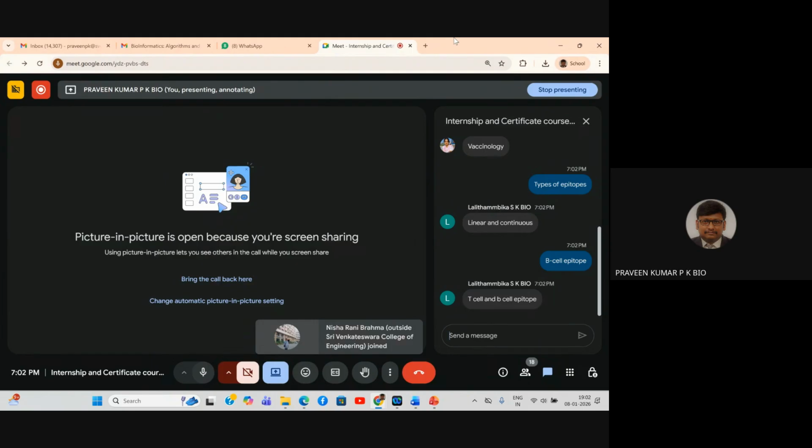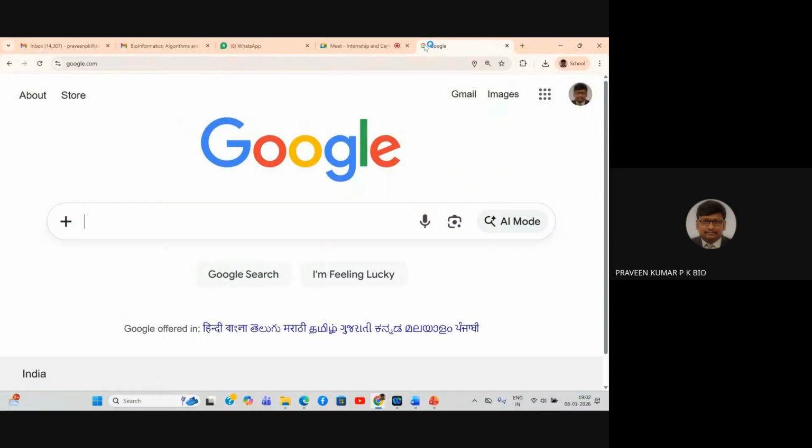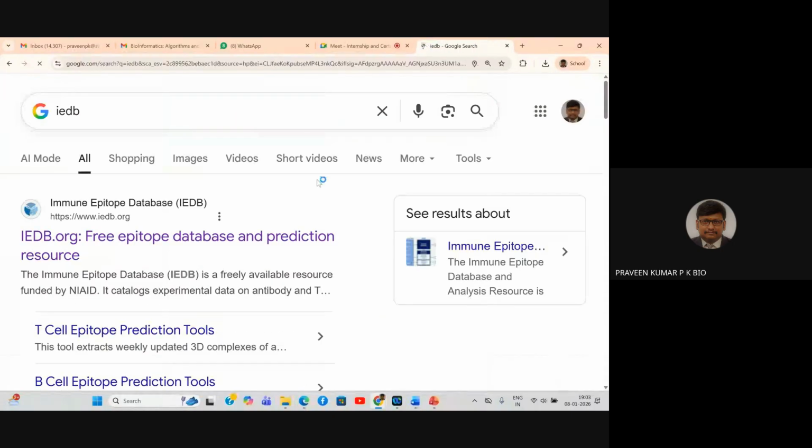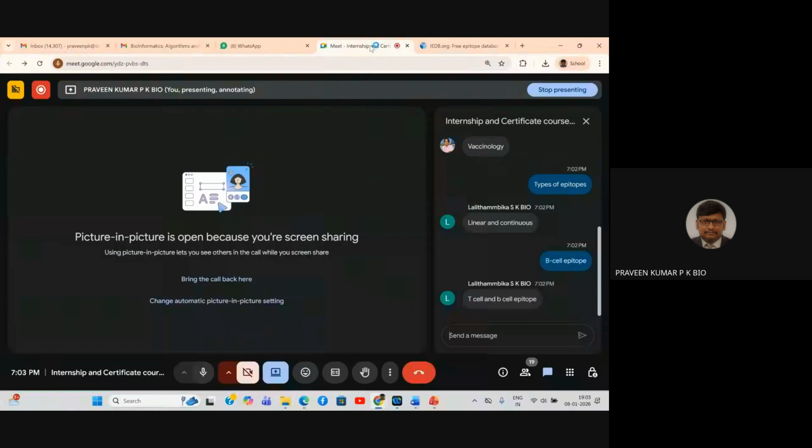Now let me go ahead with today's session topics because still we have a lot of contents to see. So today I'll be taking you directly to the website called iedb.org. IEDB is also called the Immune Epitope Database. Before that, I can also ask a few questions. Whatever questions I'm asking, you can find in the final MCQ. I'm raising these kinds of questions, and this interaction will motivate others also. The next question is, which is the first vaccine